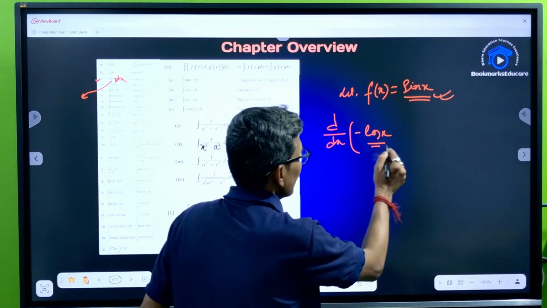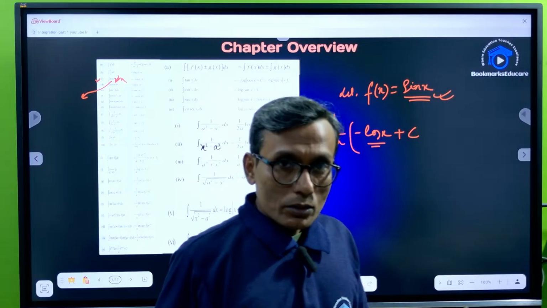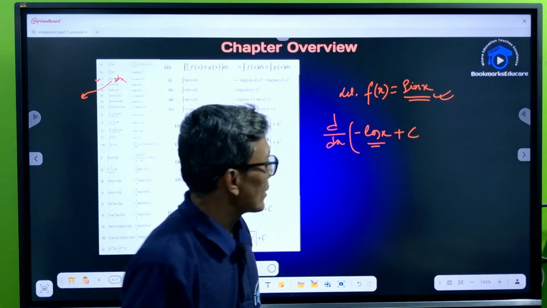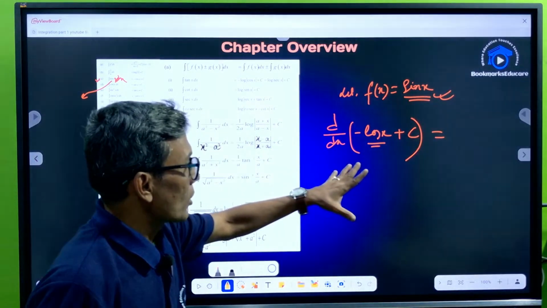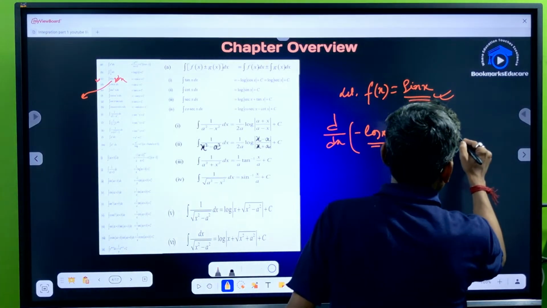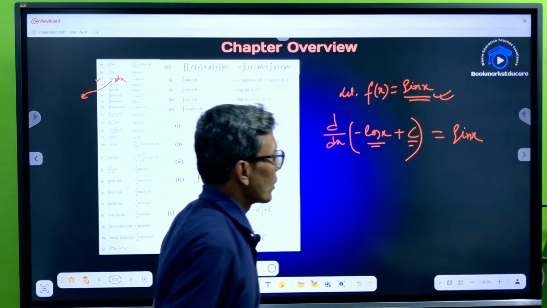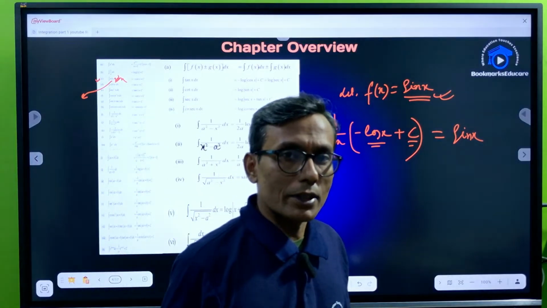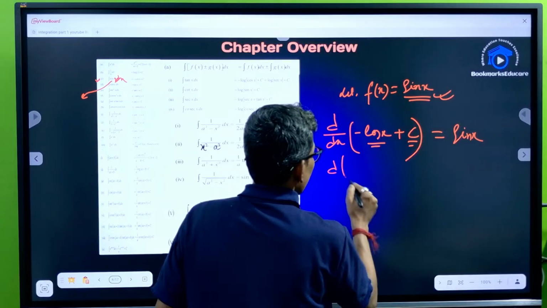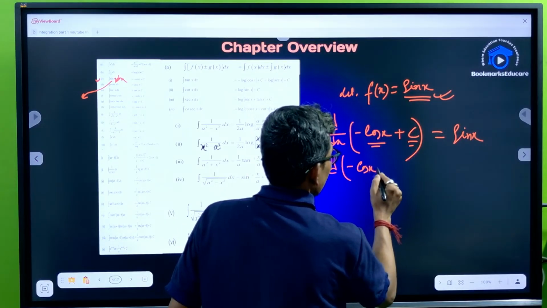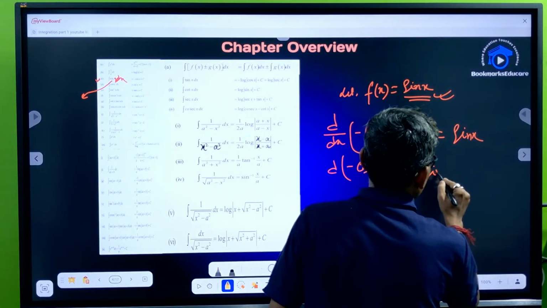So d/dx of minus cos x plus c, where c is an arbitrary constant, is equal to sin x. And c is cancelled out because c is a constant, so d/dx of c is 0. So d/dx of sin x